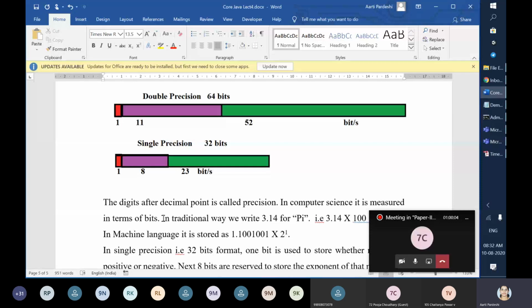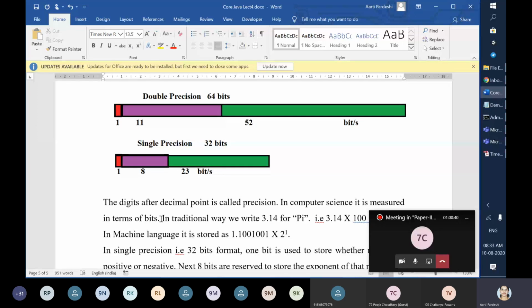Now the thing which I'm going to explain is an extra thing, no one is expecting from you what single precision and double precision are. But as I promised you, at least in Java you should go through it thoroughly and understand what these data types mean, how memory is allocated to them, and when you say the value assigned is of 4 bytes, 8 bytes, or 16 bytes, what it means to the memory. So we will go step by step.